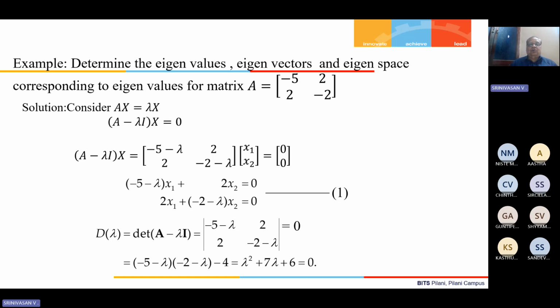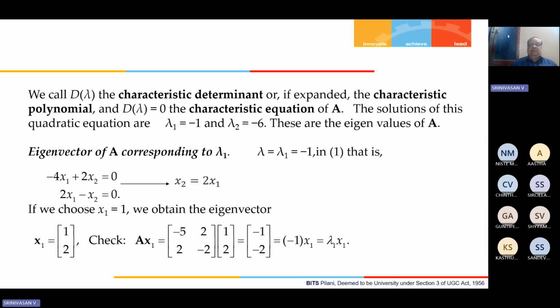Okay, right. So let us not go deep into all these statements written here. You just look at lambda 1 equal to minus 1, lambda 2 equal to minus 6. Since there are two distinct eigenvalues, we can write them as lambda 1, lambda 2: minus 1, minus 6. These are the eigenvalues of A. Now, corresponding to each of these eigenvalues, we need to find an eigenvector. So let us take the eigenvector of A